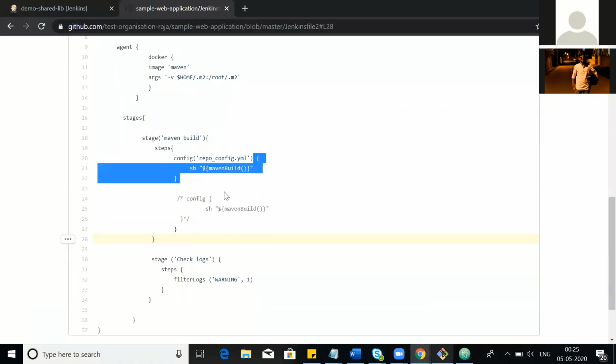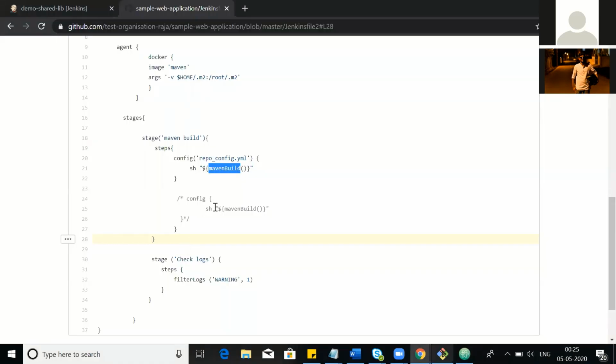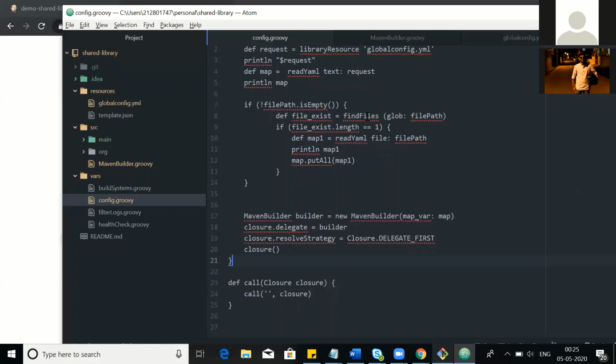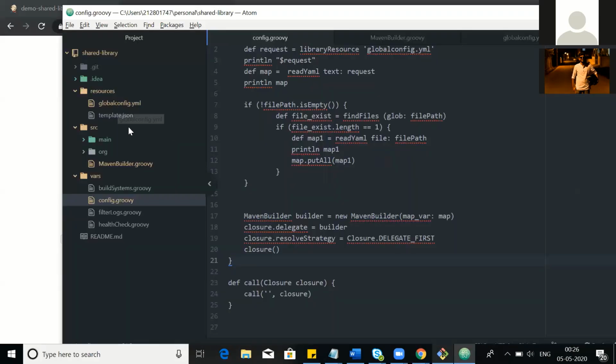Then there comes the Maven build method. This Maven build method tries to be executed here itself if there is no closure delegation. In the same var, you have to define a Maven build method, but to keep it more modular, we have kept the logic of some stuff in the SRC section.